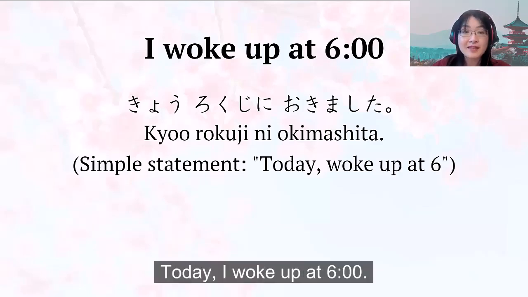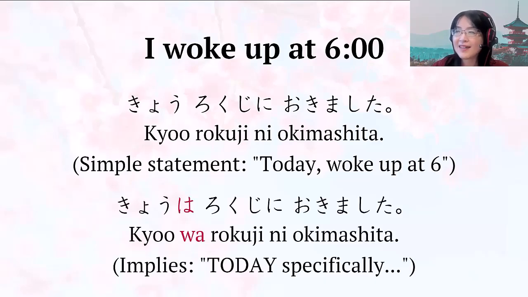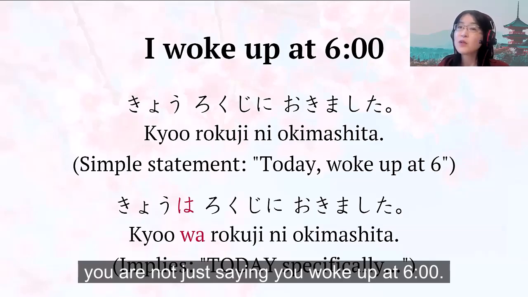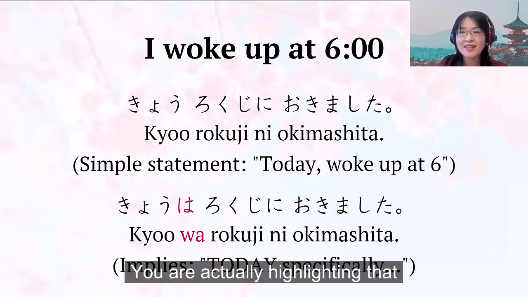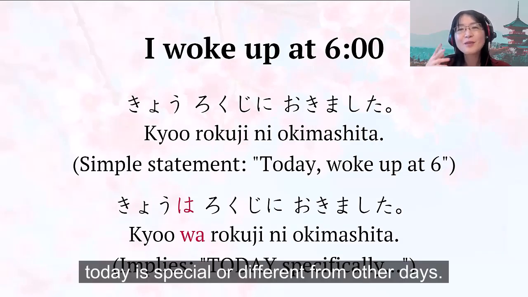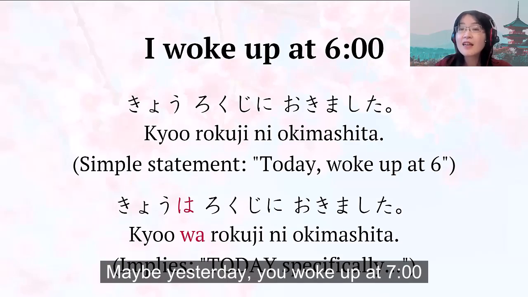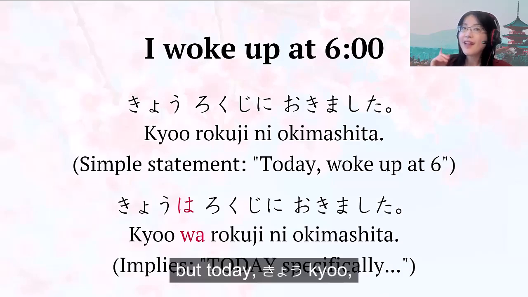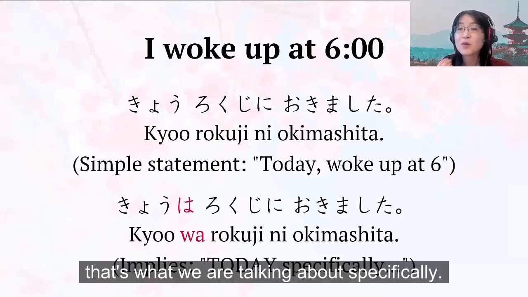Today, I woke up at 6. 今日は6時に起きました. When you add wa to 今日, today, you are not just saying you woke up at 6. You are actually highlighting that today is special or different from other days. Maybe yesterday you woke up at 7 and tomorrow you wake up at 8, but today, 今日, that's what we